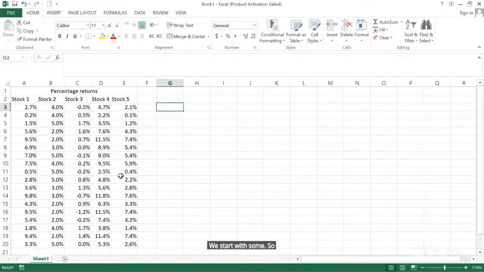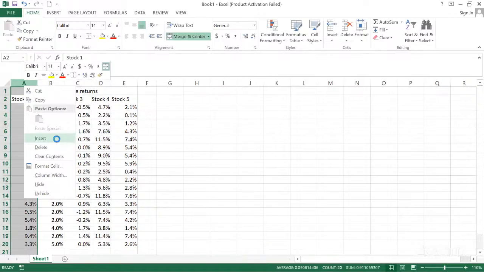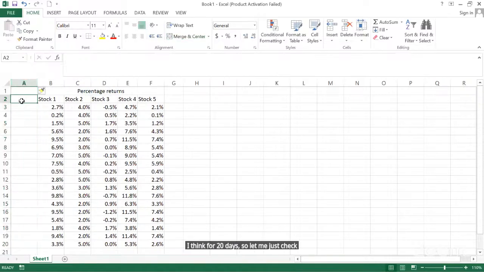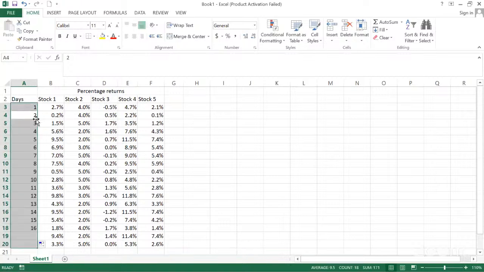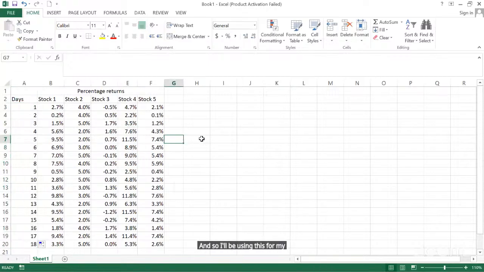What I have here was actually downloaded from Yahoo Finance. I had removed the names of the stocks, and I have the returns of these stocks for, I think, 20 days. So let me just check. So I'll put the days... okay, for 18 days. And I'll be using this for my teaching. So I'll start with